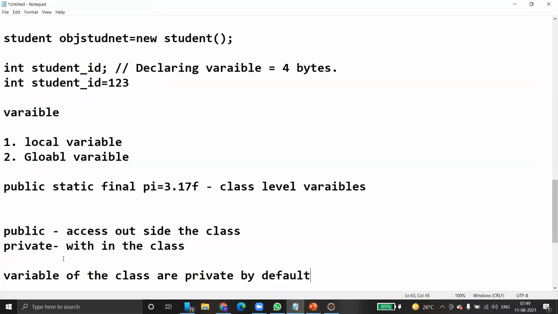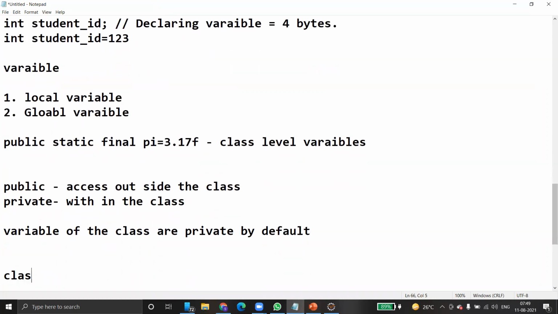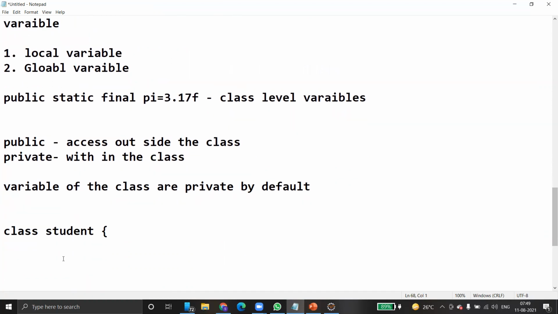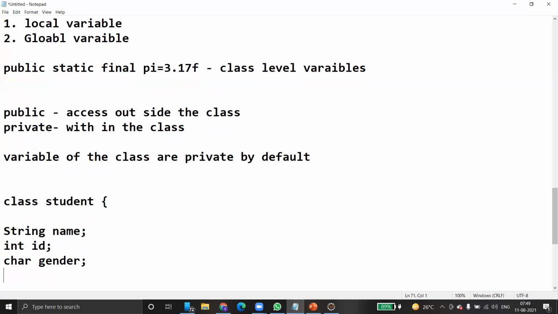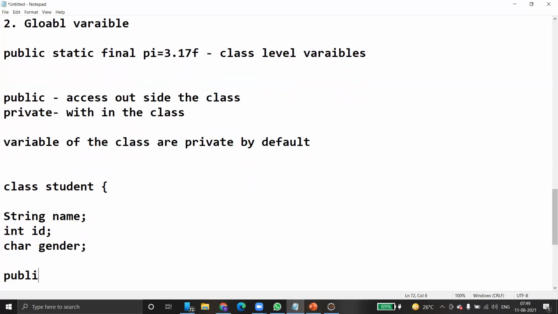I'll give you one simple example. Class Student. Inside Student, string name, integer ID, character gender, and then public void display student details.